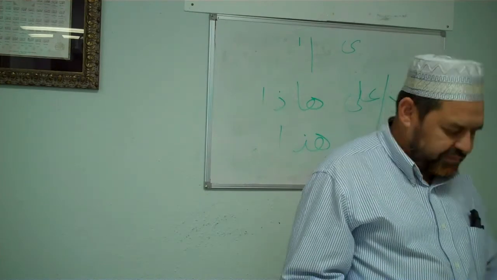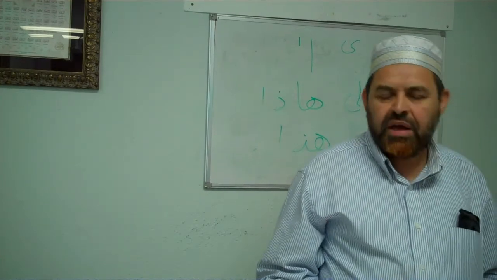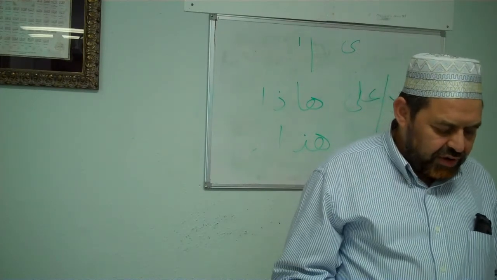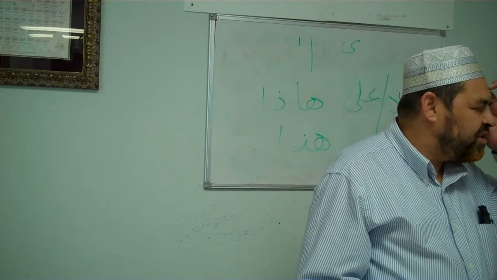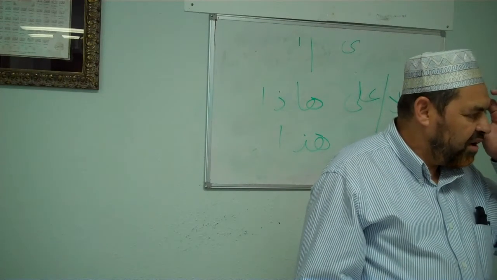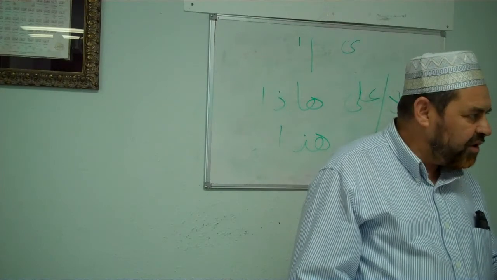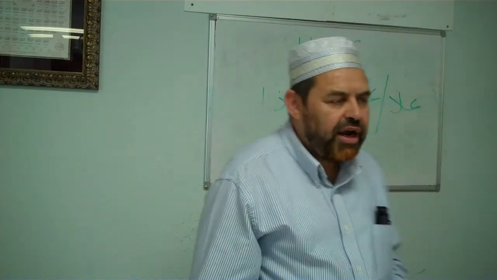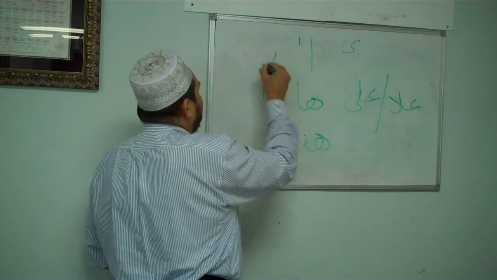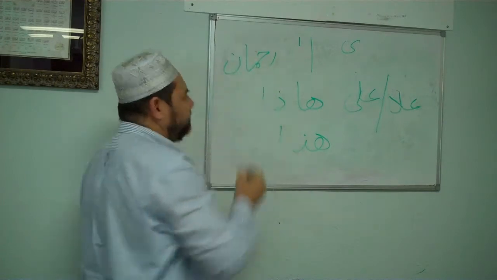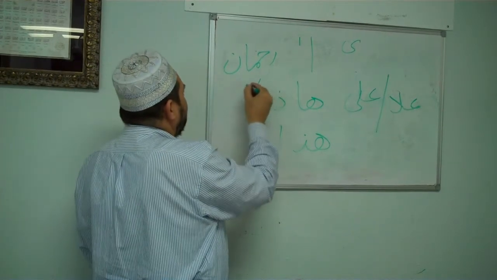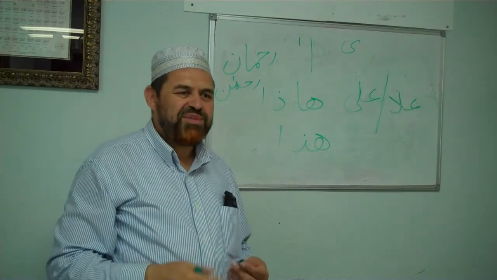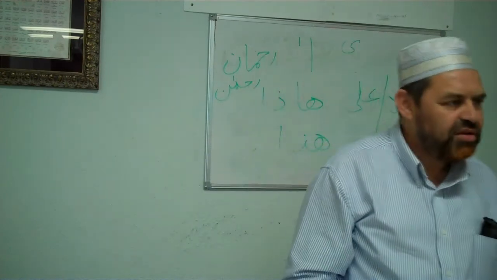Okay. Next word. Abdul Rahman. Yes. Abdul Rahman. When you are writing Abdul Rahman, this alif, which letter carries this alif? Which alphabet carries this alif? Mim. Yes. So you are not writing Rahman with a regular alif. You are writing with this. As we see every day, Bismillah ar-Rahman ar-Rahim. So you see in the Quran, this is the spelling.